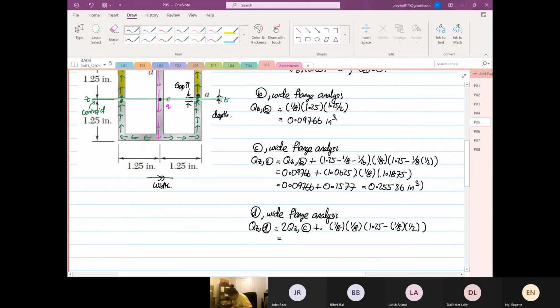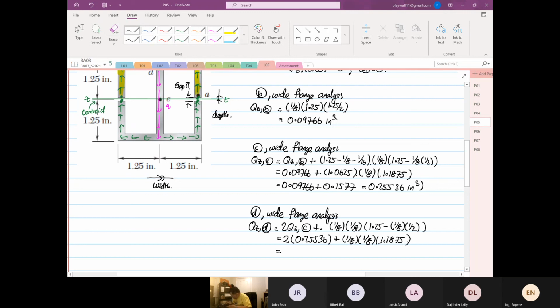So this is equal to twice 0.25536 plus 1/8 with depth, and this one is 1.25 minus 1/8 minus 1/8 times half. 1.25 minus is equal to 1.1875, right? So this is equal to 2 times